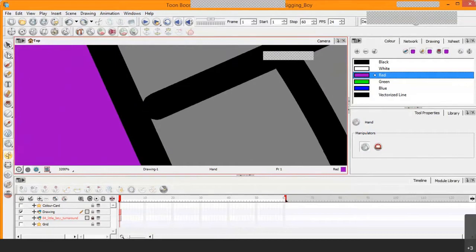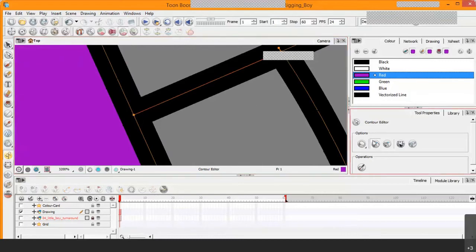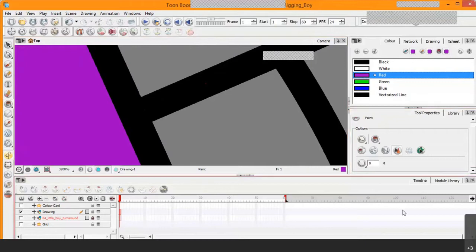So we go to our contour editor. Within the tool properties here, you click on the snap to contour and make sure that you close up the areas like that. What we can also do is go onto your paint bucket tool and over to your tool properties. There's another feature within your paint bucket tool that's called close gap or no close gap. Now it's this little